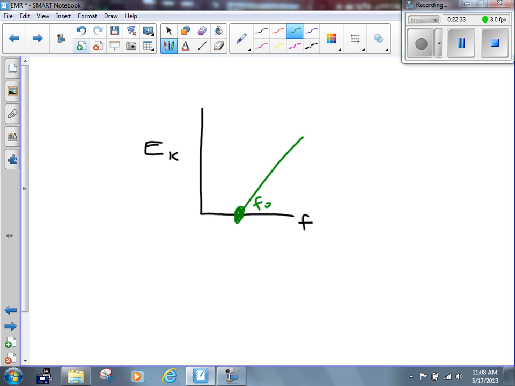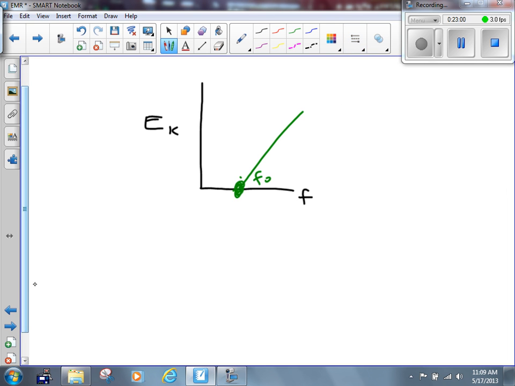At that frequency, electrons start getting kinetic energy. At that frequency, electrons start moving. So that's the frequency that we call the threshold frequency, the minimum frequency necessary to eject the electron. That's the easiest one. There's two other variables that we can find from this graph as well, though. And to find out how to get those variables, we need to go through that graphical analysis that we've learned through several of the activities that we've done.